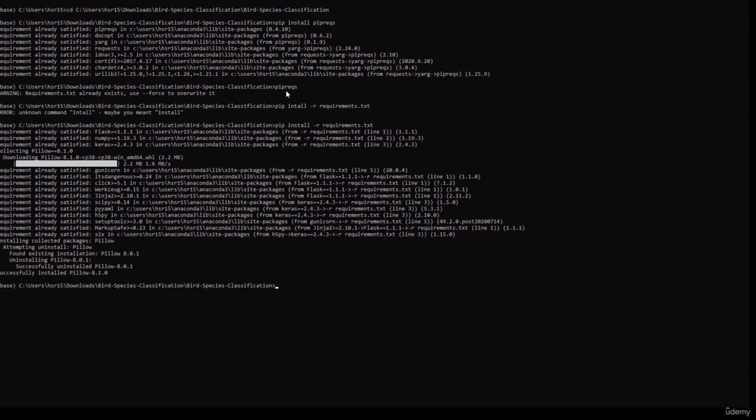Now the next and final step is to run the application. Our application has the name app.py. For running that, we need to run the command python app.py. Just make sure that you are in the folder where your application is stored, and you need to run that command in that folder only. So we'll run this.